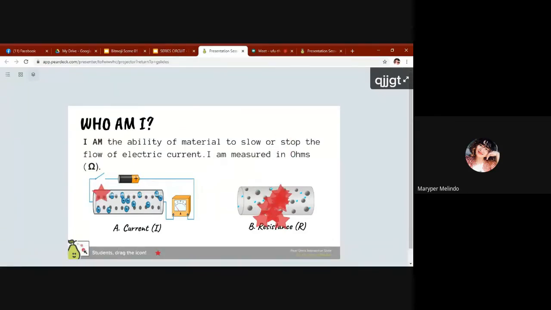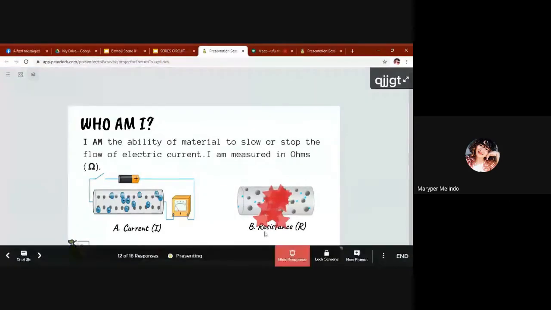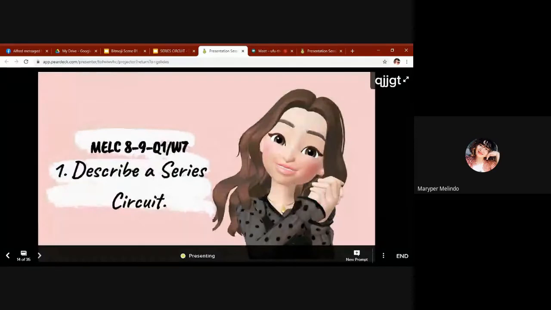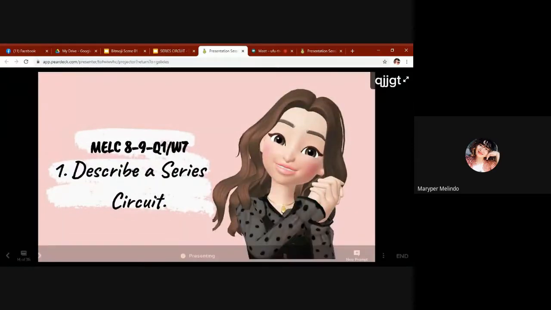Ayan, so ang galing. Majority answered resistance. And yung isa na naligaw, ang sagot na niya rin ngayon ay resistance. Ayan, very good. So yan, very obvious. Resist, ayaw, bawal. So with this, the ability of material to slow or to stop, pinapabagal niya. Okay? Now, because you actually already know the words that we will use as we go on with the lesson,